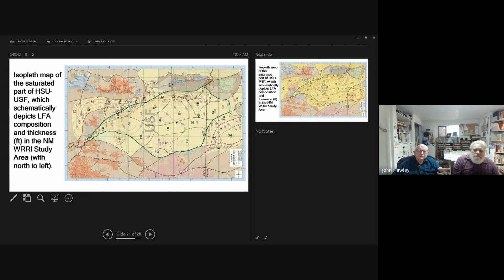And we assign these different values of the lithofacies. 1 and 2 are very high. They get the numbers. 3 are interbedded sands and clays. 4s are ancient dune deposits like the Médanos de Samalayuca analogs.